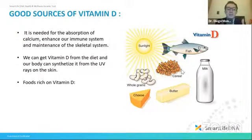We can get vitamin D from the diet or from direct sunlight or from supplements. It doesn't matter where the vitamin D is coming from. What we have to make sure is that the vitamin D is coming to our bodies, right? So in some northern European countries and in Canada, in those countries where the summer is only a couple of months and the winter takes longer periods,